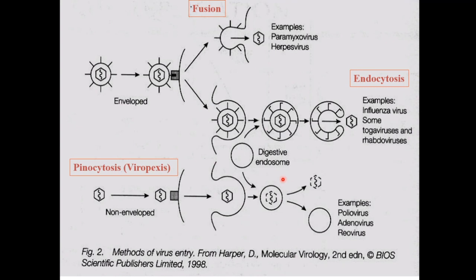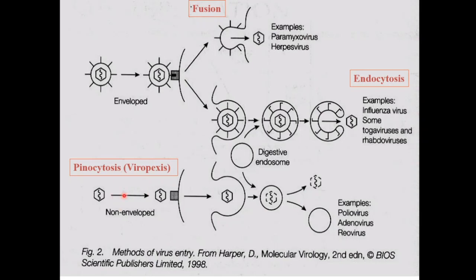So then the coat or the capsid will just be released by the digestive endosome. After the digestive endosome, the virus will be released, and uncoating will either require the virus enzyme or the cytoplasmic enzyme of the host cell. This is the case for polio, adenovirus, and retroviruses. All